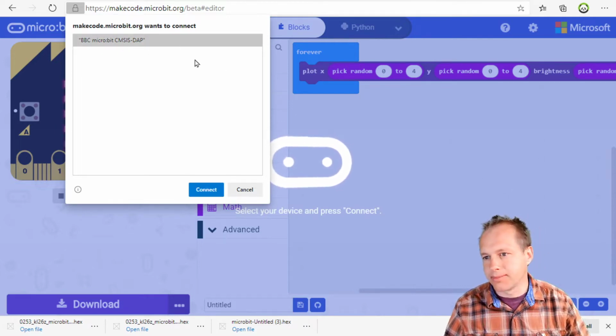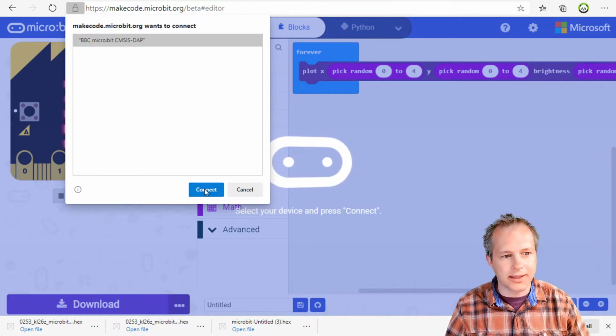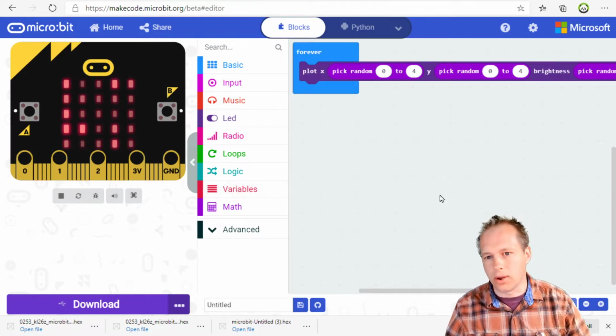So you want to click connect, and this will connect your device to the browser, to this MakeCode.microbit.org page, and the browser will remember that. This is a one-time